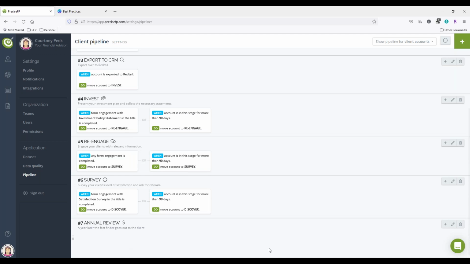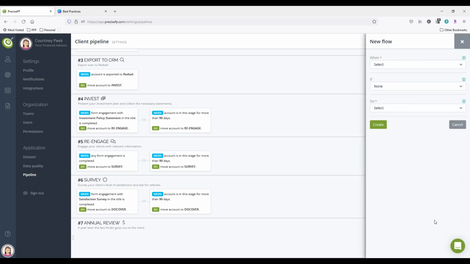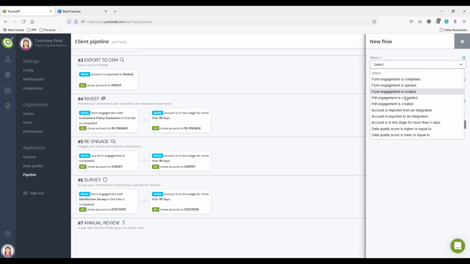So anytime you add a new stage, it always drops to the bottom. So if you ever need to move things along, or rearrange, you can do that. So now I've got this new stage called annual review. Like I was mentioning, I've seen a lot of advisors do this, and that is using my favorite